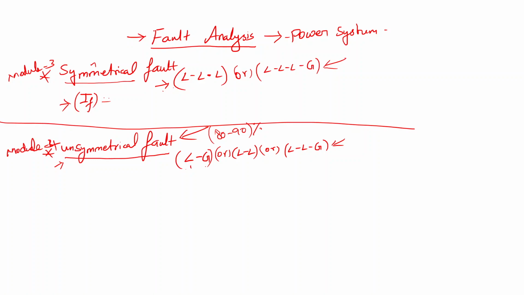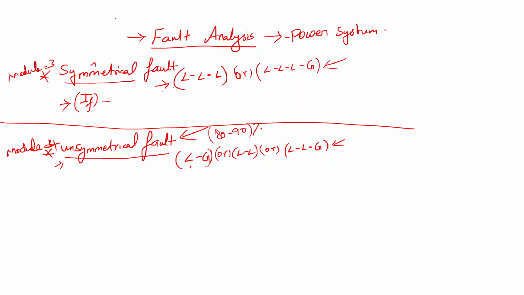So we need to know how many protecting relays we need to install in a particular place or particular protecting areas. For proper choice of circuit breakers and protective relays, we must estimate the magnitude of current that will flow under a short circuit. So that is why we are going for fault analysis.